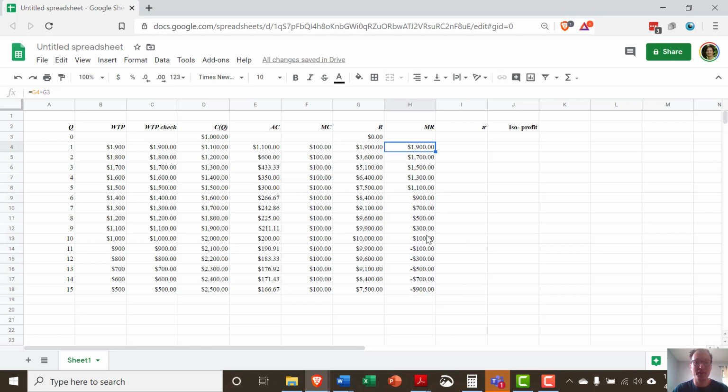The important thing to recognize is that marginal revenue declines twice as quickly as the willingness to pay. So it actually gets negative by the time we get to the 11th customer, right? For Apple to lower its price from $1,000 to $900 to attract the 11th customer, that would actually reduce their total revenue by $100, right? Their revenue would fall from $10,000 to $9,900, right? No way they're going to choose to do that.